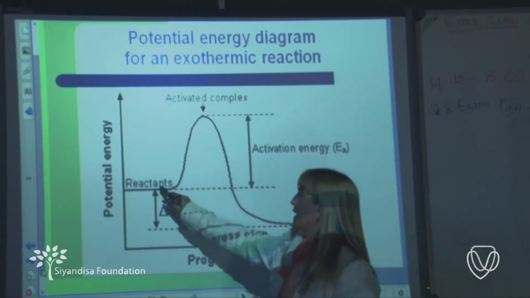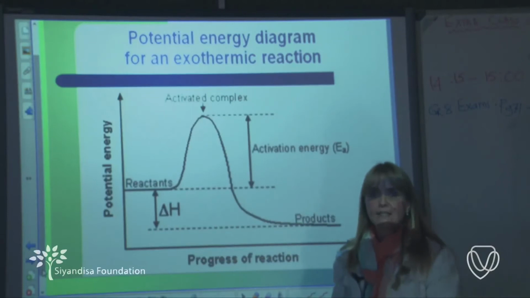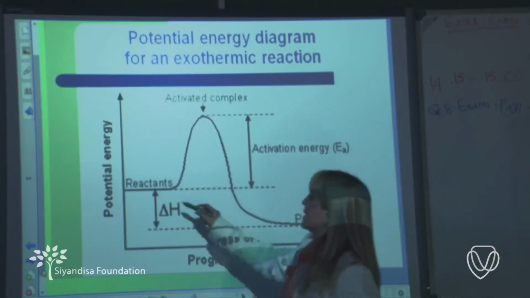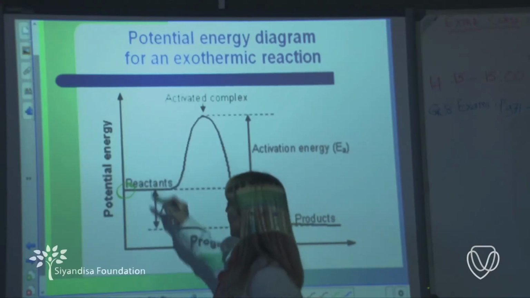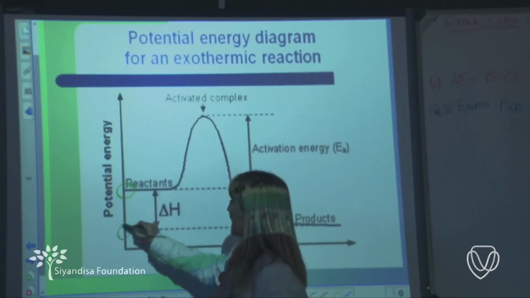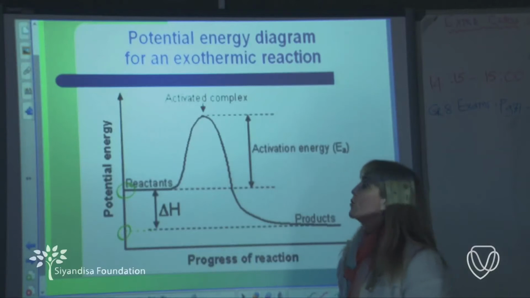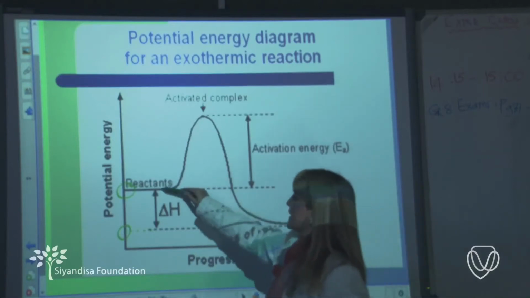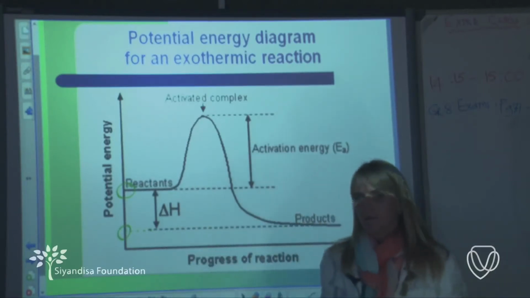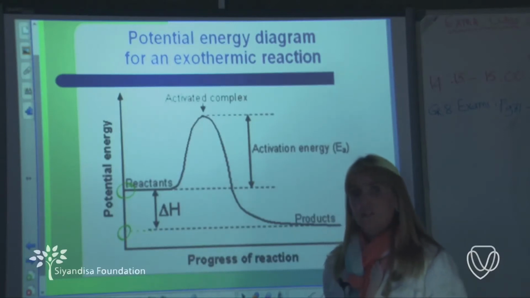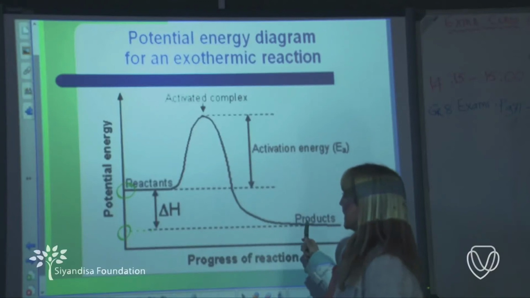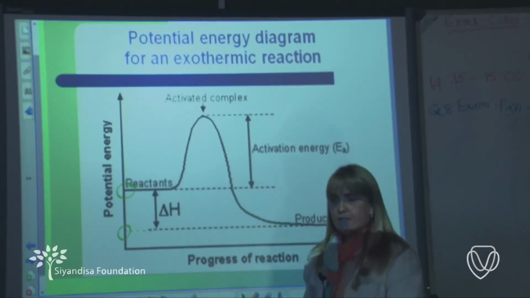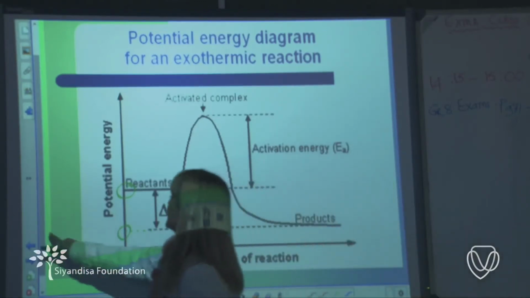We have to look at the energy of the reactants and products. So here, the energy of my reactants is higher on the y-axis than the energy of my products, which means that if I calculate delta H, remember from last year, delta H means enthalpy change. Delta H is always the energy of products minus the energy of reactants. So if I want to calculate delta H,